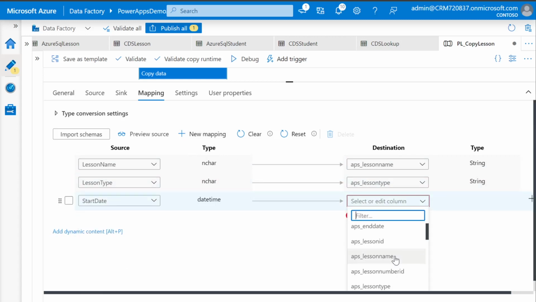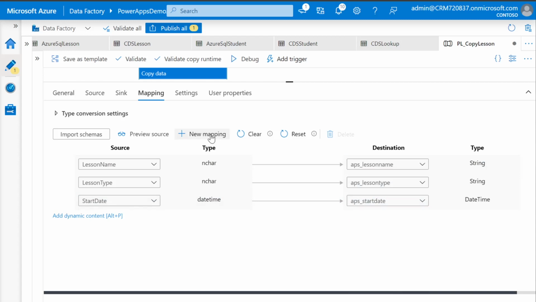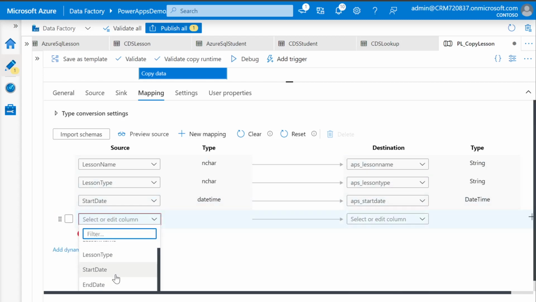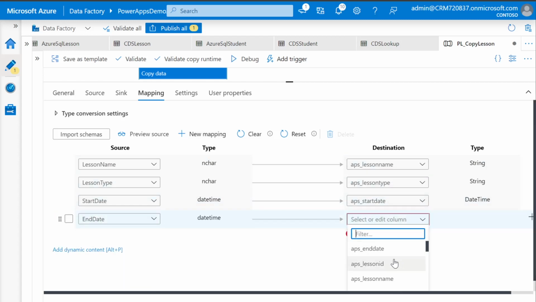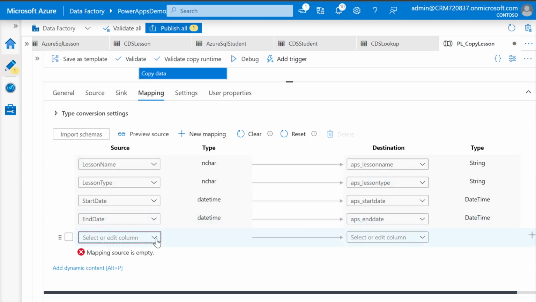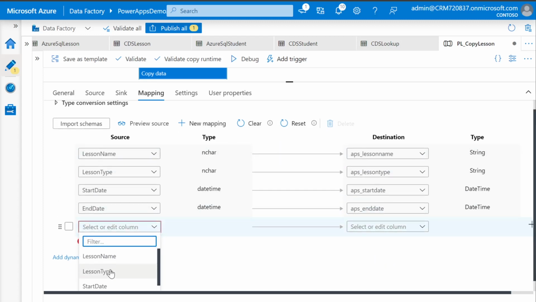Start date. End date. Or you can search for it. And then the last one,